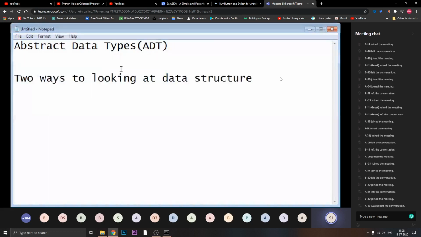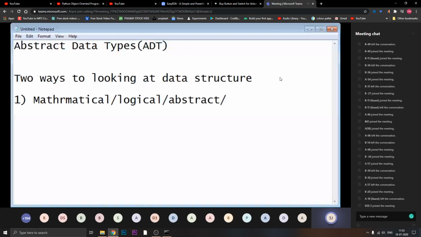Now see this. We have two ways to look at a data structure. The first way is to look at it as a mathematical view, a logical view, an abstract view, or an abstract model. Directly I will write model over here.